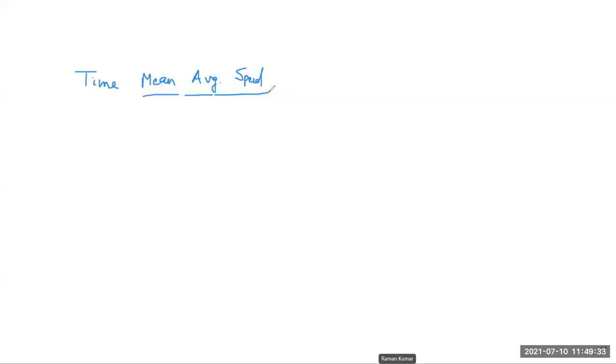So this time mean average speed is denoted as Vt. Previously, I denoted space mean average speed as Vs. Here we denote time mean average speed as Vt, where the T stands for time. So this is your time mean average speed. So we write Vt is equal to